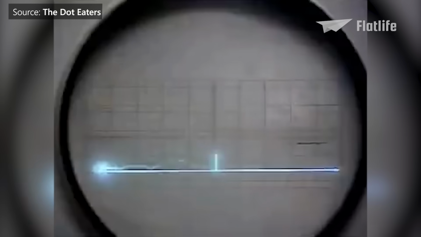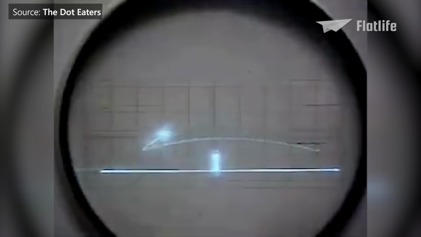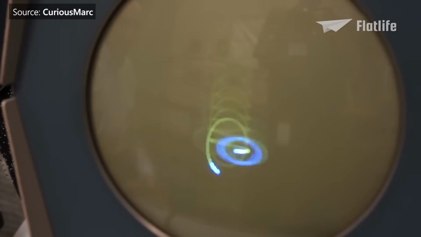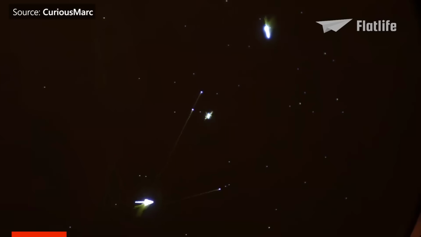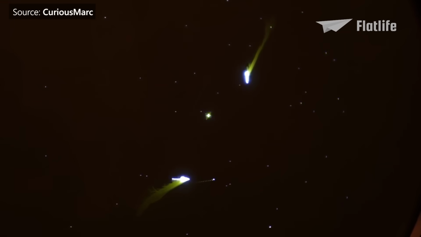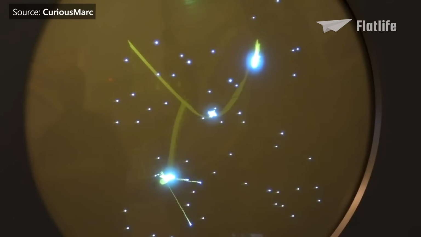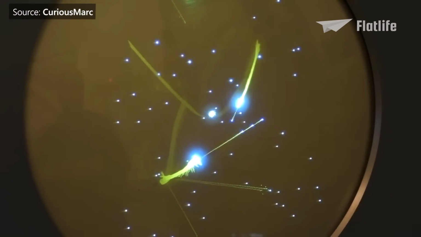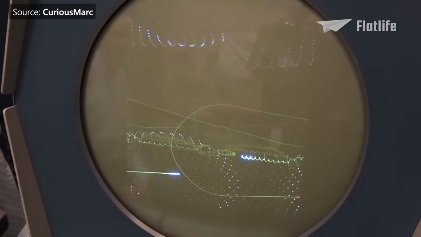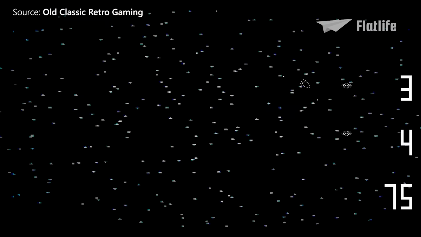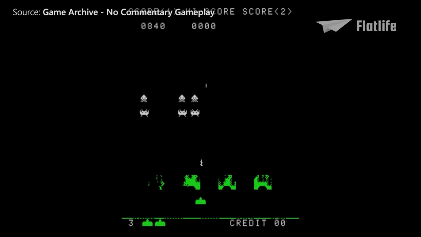The tennis game was one of the earliest games to feature moving graphics. Another worthy mention during the early days of video game development is the 1962 video game Space War. This game was developed by Steve Russell and some other people at MIT on a PDP-1 mini-computer. In the game, two players fight each other to try to destroy each other's spaceship. Not only was it very popular, but it was also considered one of the most important games in early video game history. It inspired many other games, such as Computer Space and Space Invaders.